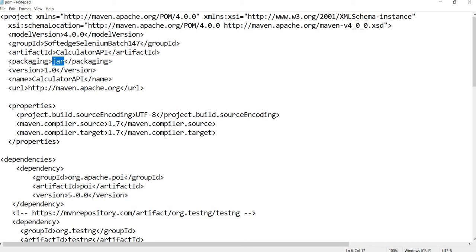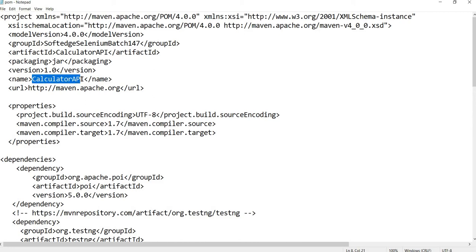So I want to archive this library in the form of JAR. That is what this setting says. The version is 1.0. The name with which the jar file would be created is mentioned here, calculator API.